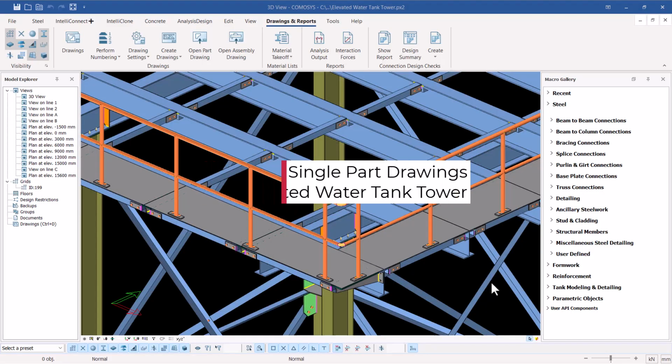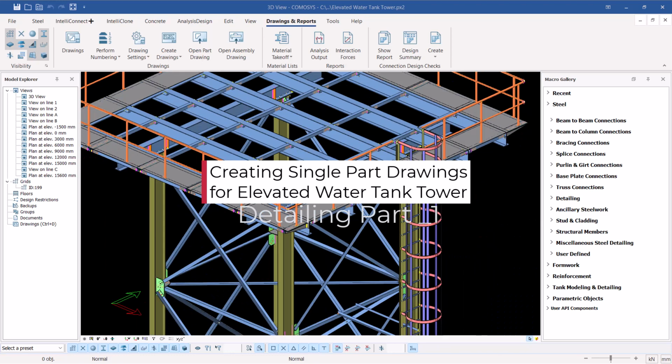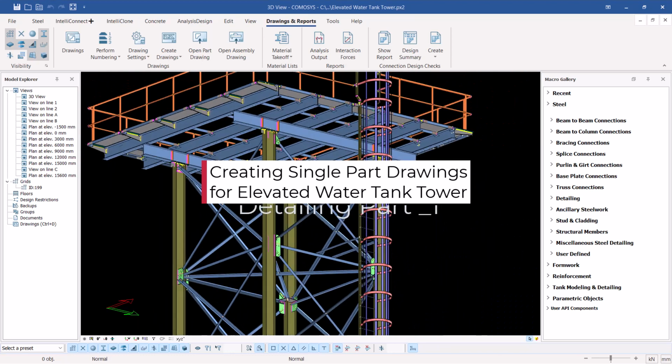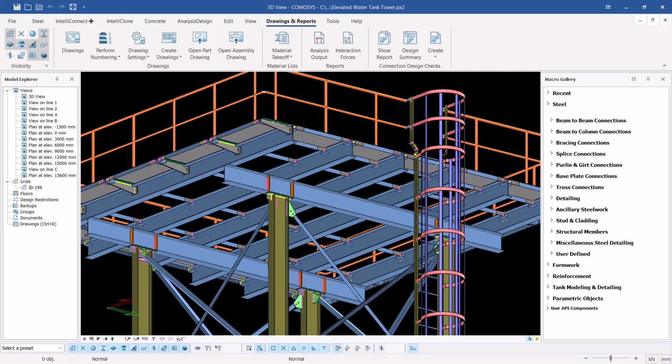Hello, welcome back. If you take a look on the screen here, you can see we have a complete structure of an elevated water tank that we have been creating step by step. And now we are here where we want to start creating part drawings. Then from there, we'll create assembly drawings. Then from there, we'll create GA drawings and many other drawings that will be necessary for creation from this